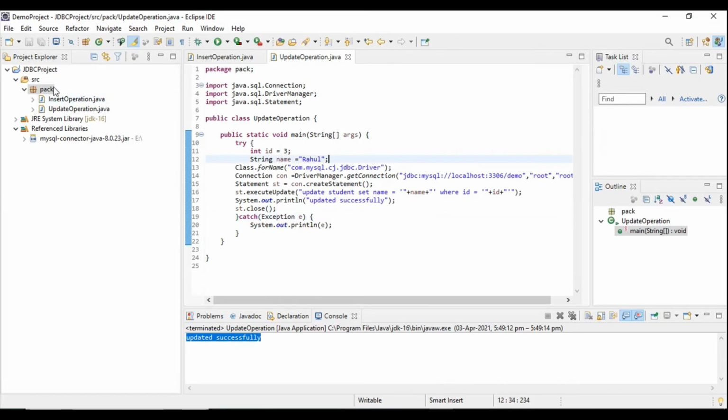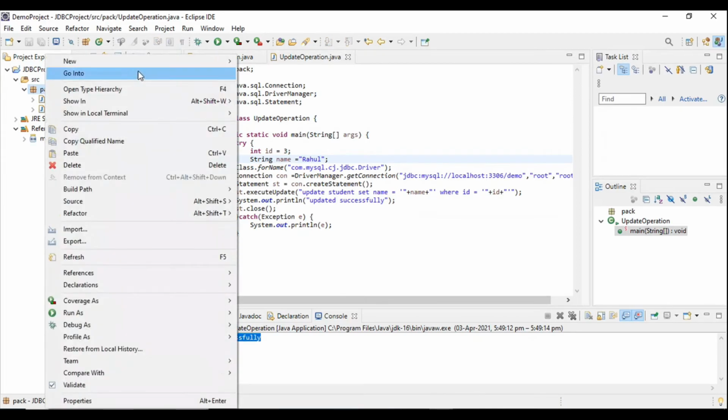Now same thing I will do for delete operation. So create a class.